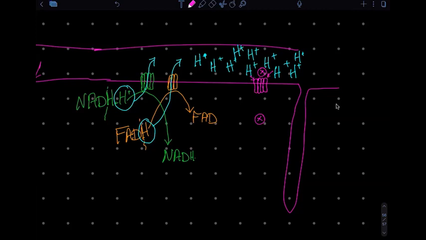In order for me to use this energy, I will allow them to travel, but as they are traveling, they will be losing this potential energy, and this is what allows the transporter on here, called the ATP synthase